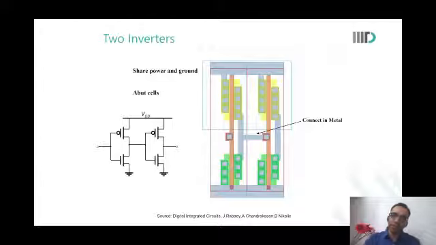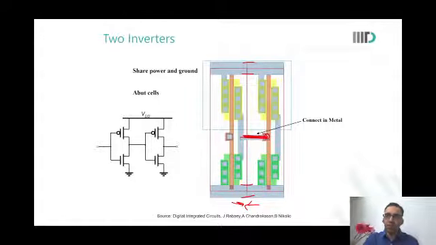If you want to connect two inverters, you simply abut them. We discussed abutment. You simply abut them, and the output of one you short to the input of the other. And bingo, you have the output there. In fact, this wire also already exists. You only need to make this connection, and your two inverters are connected into a buffer. VDD and ground are already shared because they get connected like this.